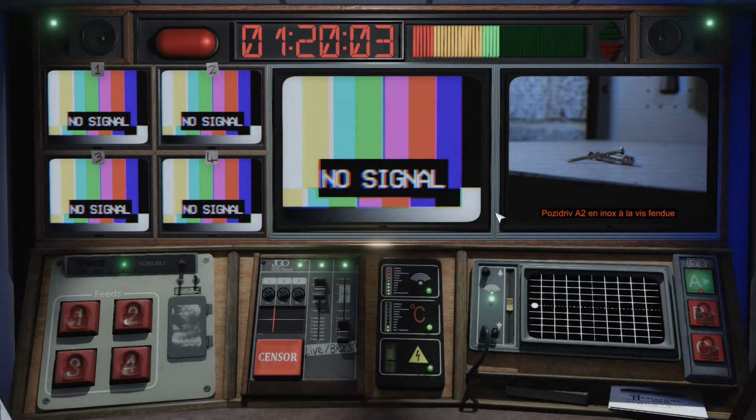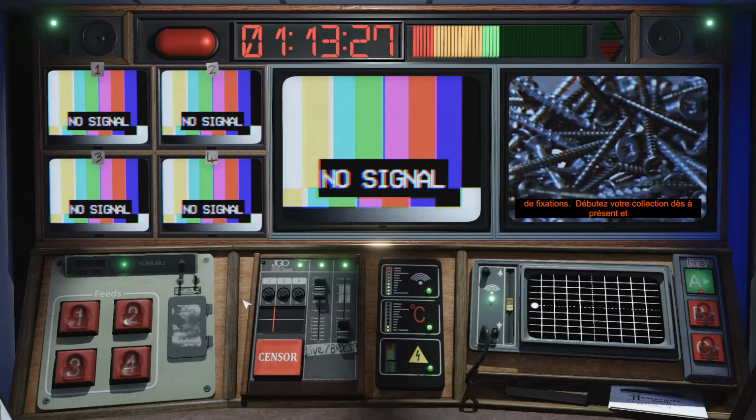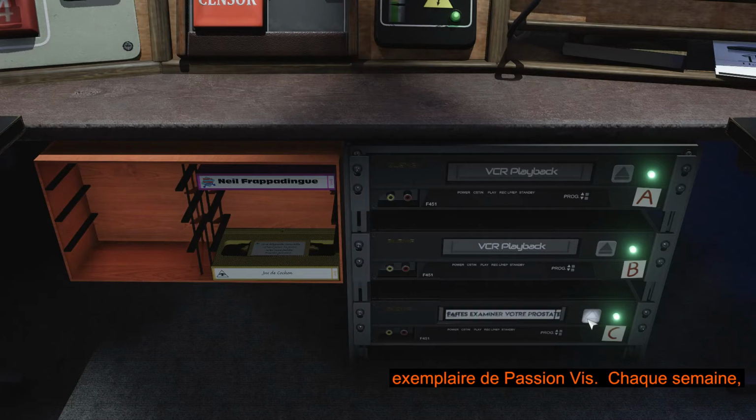Stainless steel posi-drive wood screw to the M1 2mm slotted countersunk screw. The Joy of Screws is your key to a world of sticky fixings. Start collecting today and celebrate the nation's most well-known and best-loved pieces of hardware with your copy of The Joy